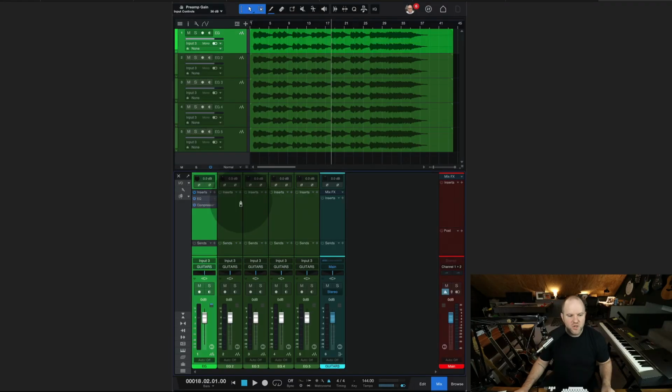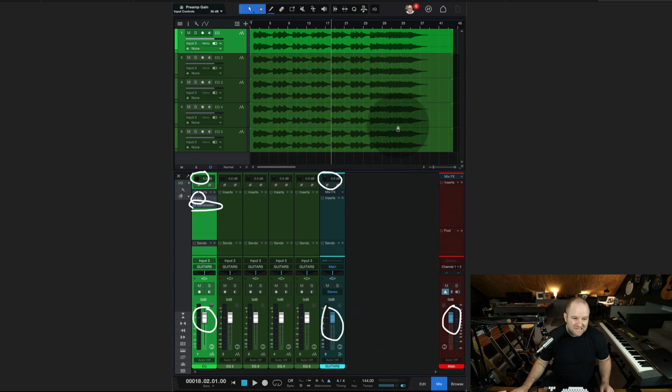Okay, let's go back to that guitar session. Remember, we were counting up how many different ways we can adjust the volume on this green guitar track. So let's count through that together. The first, there's a gain knob input trim at the top of the channel. Then there's an EQ that will adjust the volume. There is a compressor that can adjust the volume. There's obviously the fader itself. This is feeding this bus over here, which has its own input trim. It also has its own fader. That's feeding the mix bus, which has its own